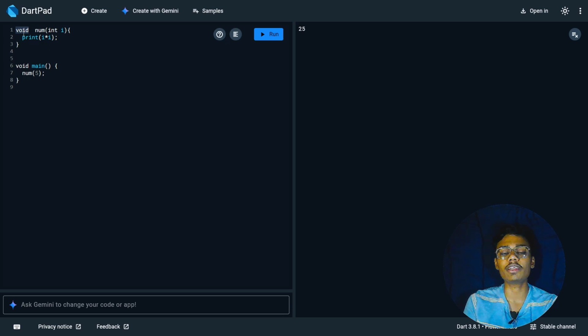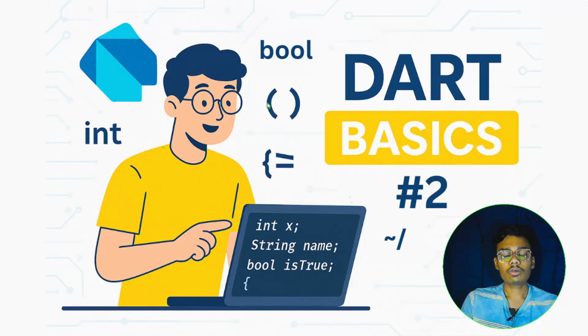अगर हम लोग किसी भी फंक्शन का डेटा टाइप वॉइड दे रहे हैं, स्टार्ट कर रहे हैं वॉइड से, तो वो फंक्शन कुछ भी रिटर्न नहीं करेगा। एंड इसके जगह पे हम लोग डेटा टाइप भी दे सकते हैं। सो दिस इज इट। सो ये था डार्ट का बेसिक, एंड इसमें हमने सीखा डिफरेंट टाइप्स ऑफ डेटा टाइप्स, वेरिएबल्स एंड सिंटैक्स, एंड फॉर लूप, वाइल लूप, बेसिक लूप्स, कंट्रोल फ्लो इन डार्ट।